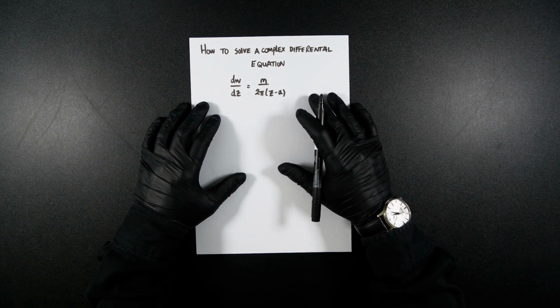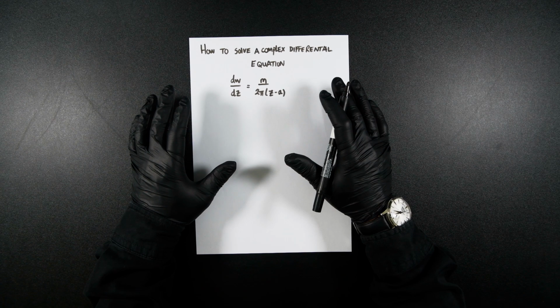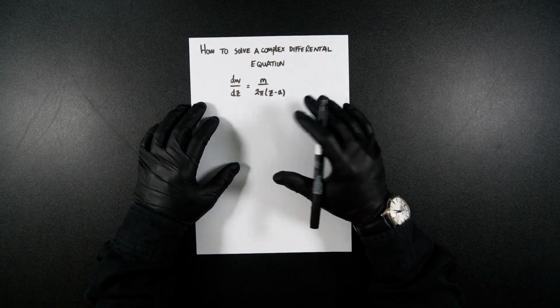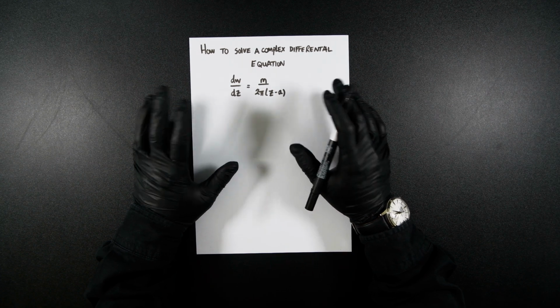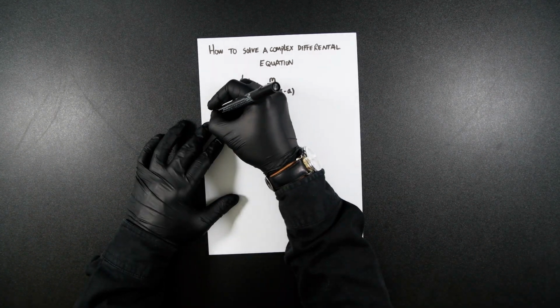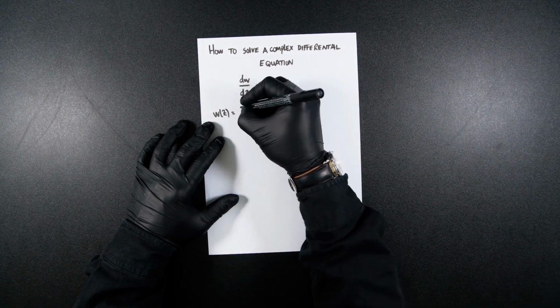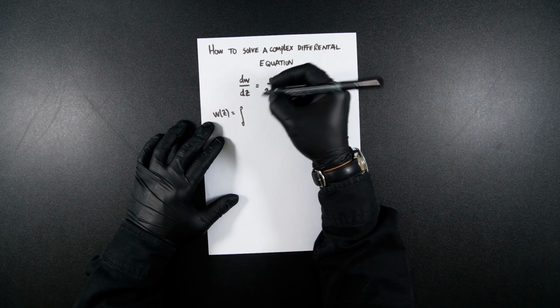To solve this complex differential equation, we're first going to integrate, and then we're going to use a series of identities to simplify the equation. So first, let's get this in terms of w with respect to z. To do that, we would integrate m